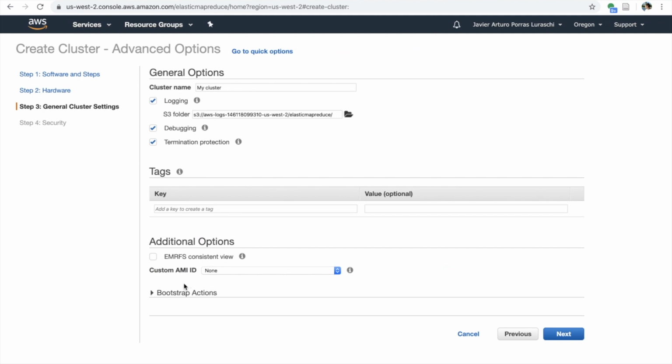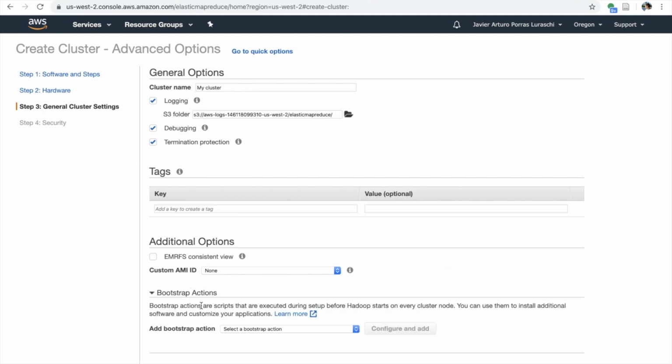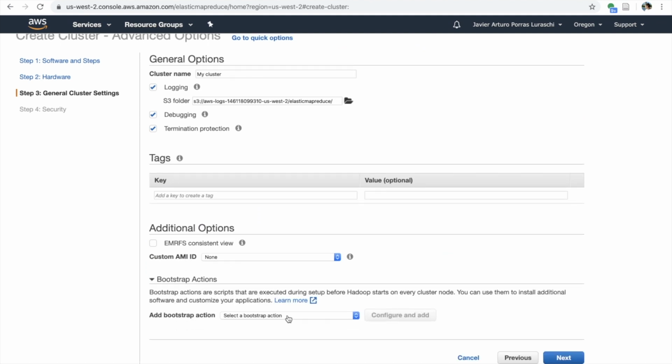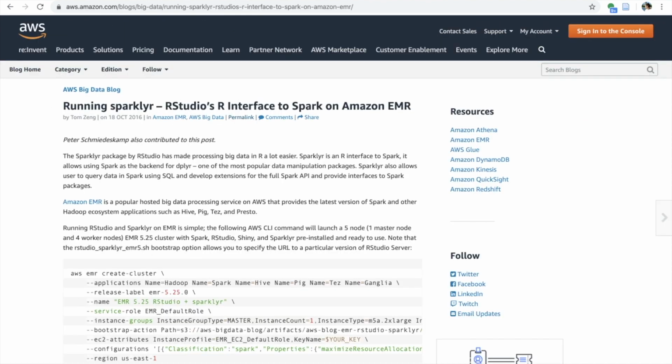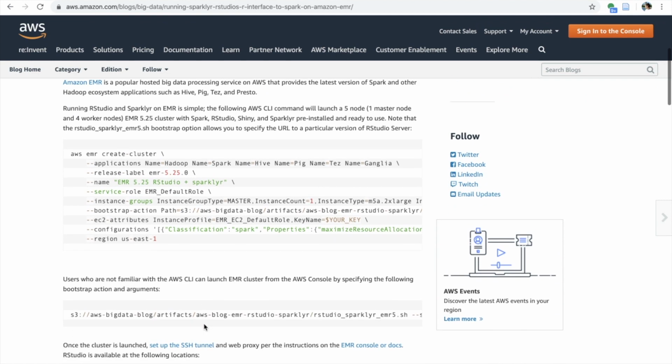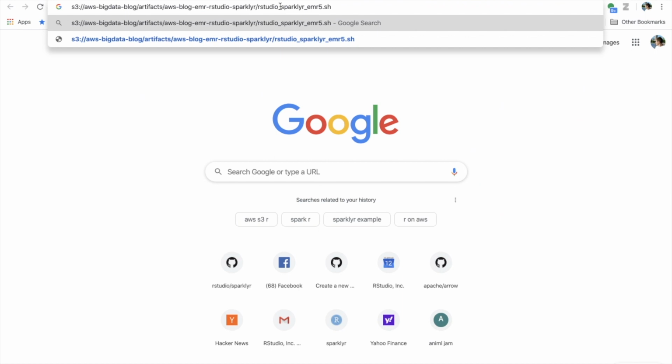Now, this third step is the interesting step, mostly because we need to configure a Bootstrap action. The Bootstrap action that we're going to use is the one that the AWS blog recommends using to configure Spark with R. However, I do recommend you create your own script and make modifications. So let's convert this to a proper URL by adding .s3